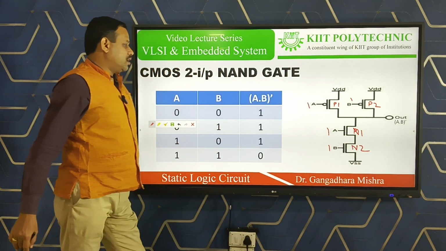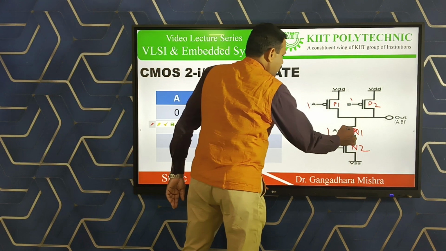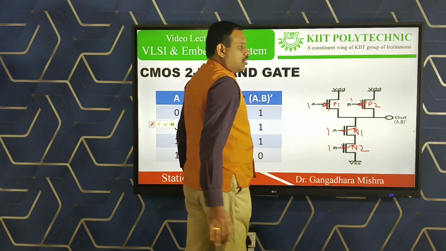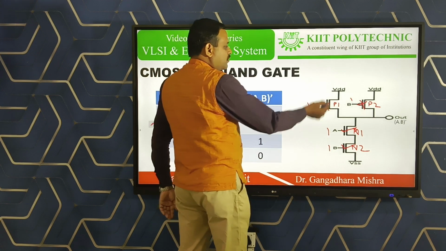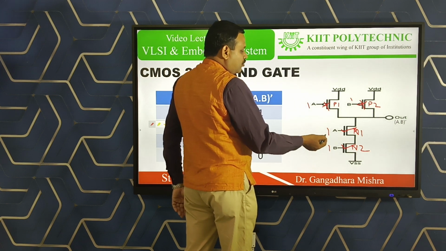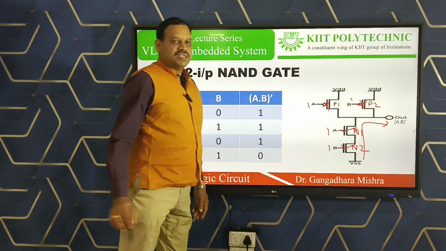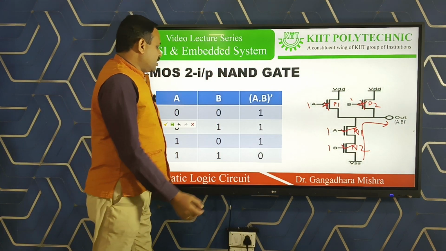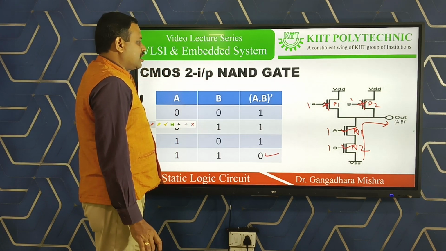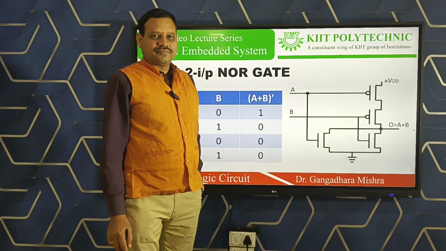So now when A is equal to B is equal to 1, under this operating condition, N1 and N2 are driven to the conduction state, P1, P2 both to the cutoff state. As a result, the VDD does not find any low resistance path to the output terminal, whereas the ground VSS finds a low resistance path and the output is drained out, and finally we get a logic 0 at the output. So I think the NAND gate is completely satisfying this truth table.